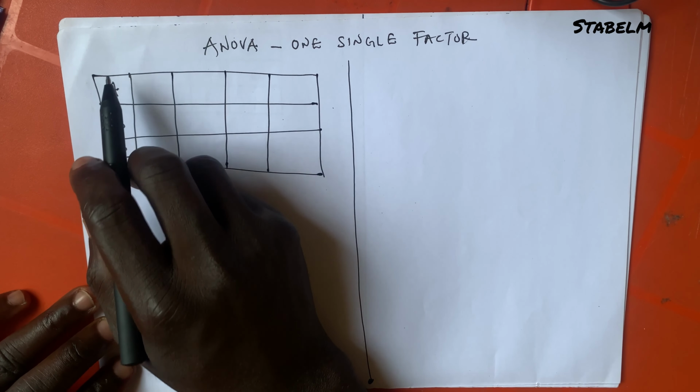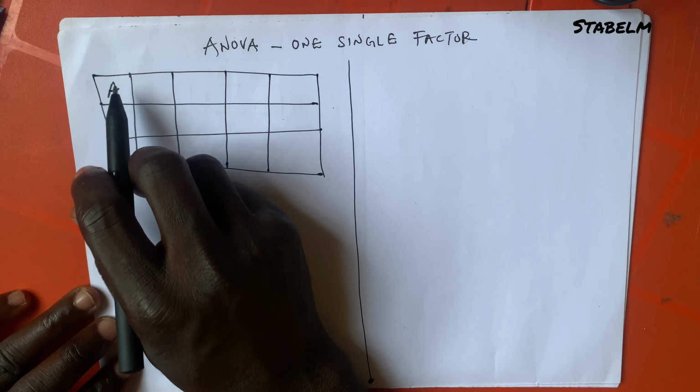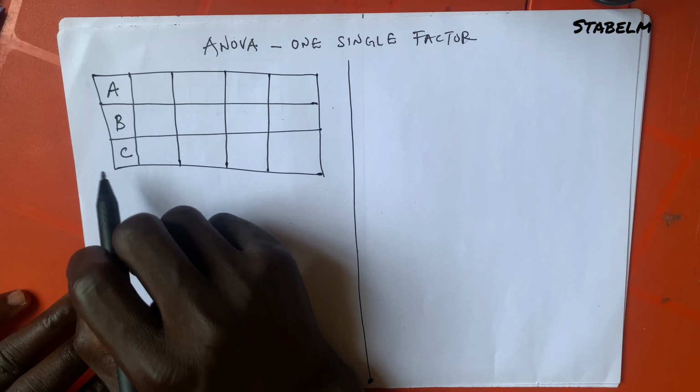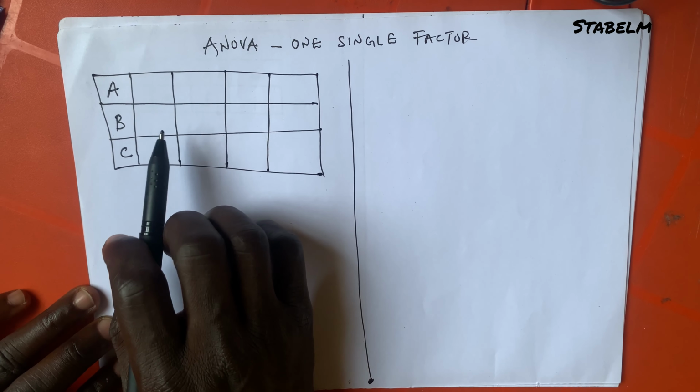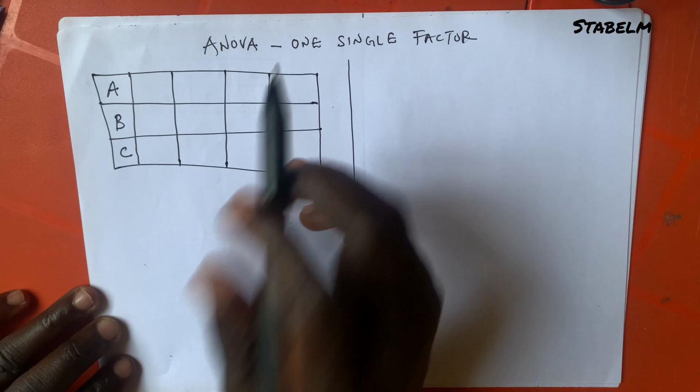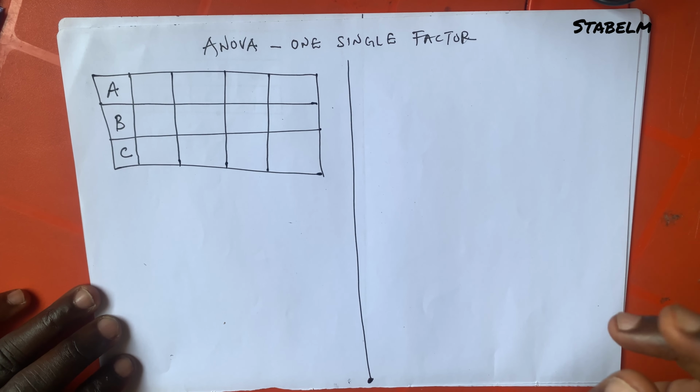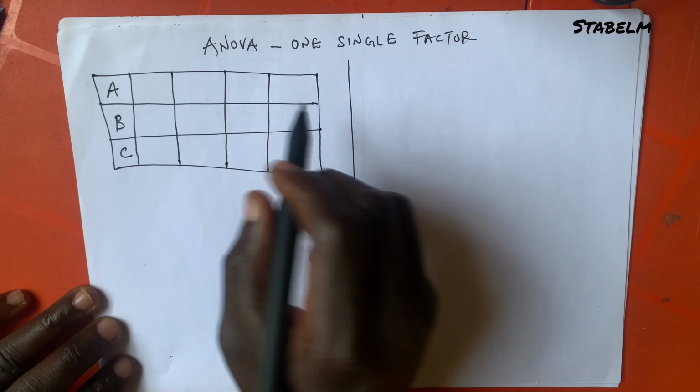Okay, this is a one factor experiment we are considering, one factor. So we have A, B, C. You can see that according to the row we have the treatment. Now the column we don't have anything, and that is why we call it a one factor experiment. Okay, in this box now, say we have